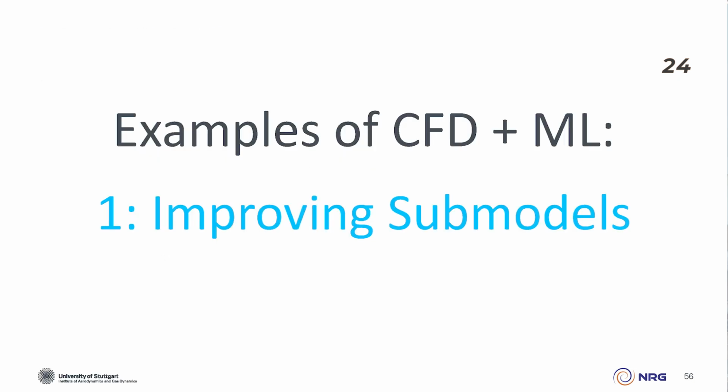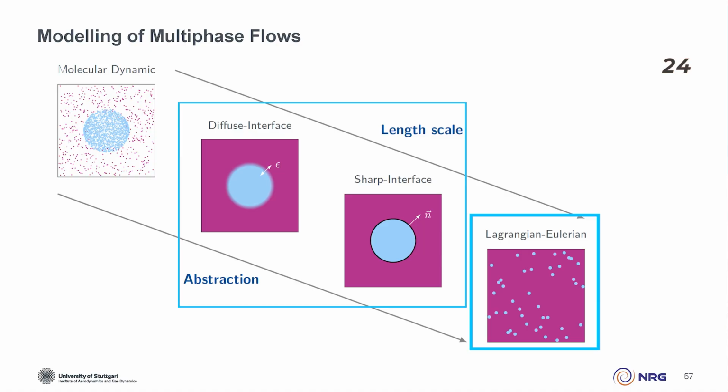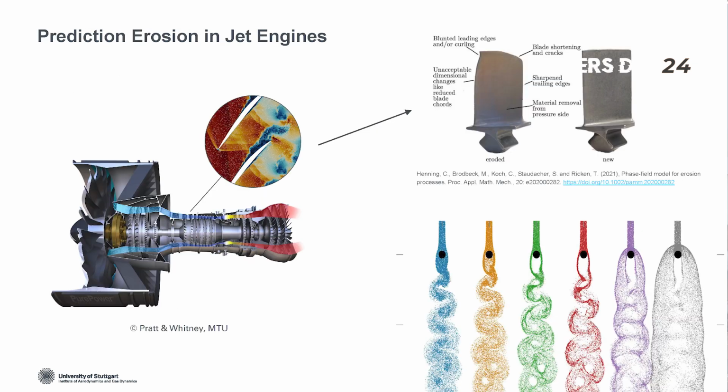I'll show you a very, very basic engineering example, no numerics involved too much. And that is when we talk about particles in a flow field. So the idea of a Lagrangian particle flying through a Eulerian description of a flow field. And as I said, a very engineering example of this is we want to predict the erosion in jet engines. So here's a blade of a compressor in the jet engine. That's a new one. And here's what it looks like as soon as